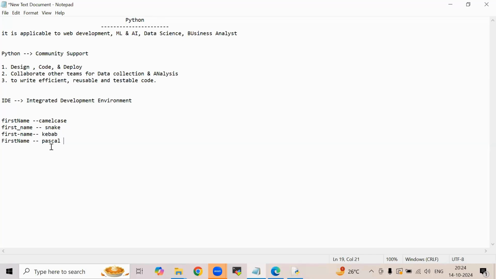Most of the cases people use snake case. This is not related to Python, but I'm just telling you how we name the files. Most of the times I'll use underscore. Most of the IT professionals use underscore only. I hope I'm clear. Clear? Yes, sir. Right.